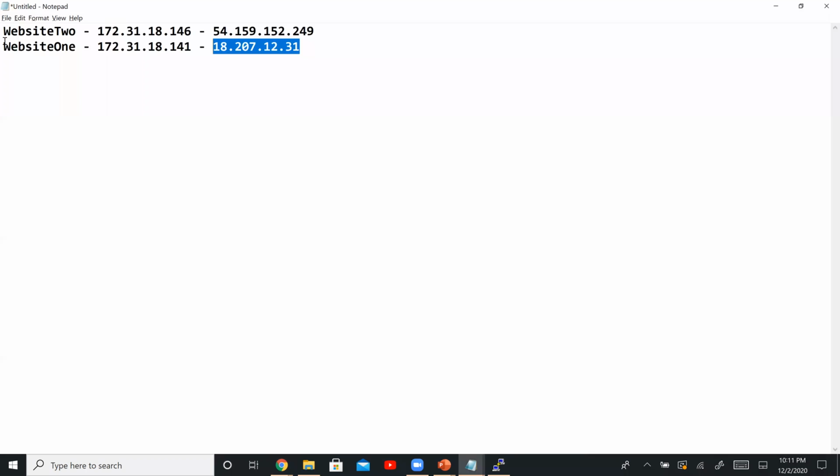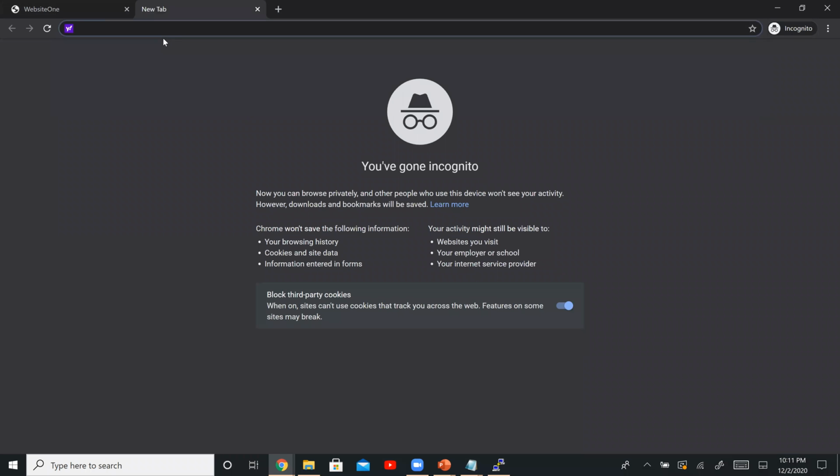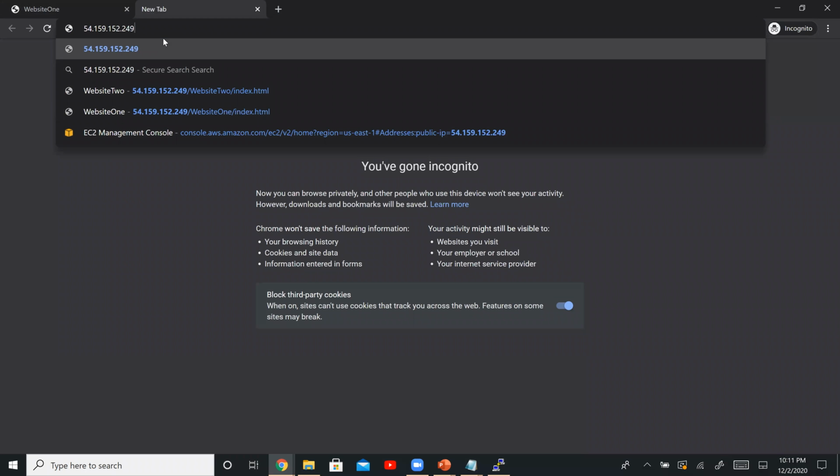And similarly, if we have this elastic IP address that is associated with website 2, if we take that, open another tab, paste it right there, this should basically load website 2. So this is website 2. So again, we don't have to give any additional information.